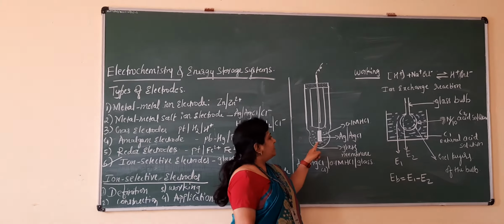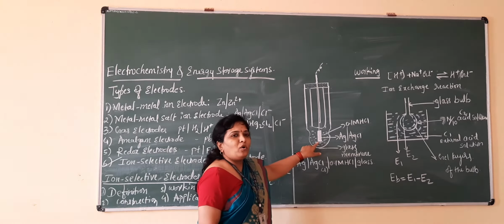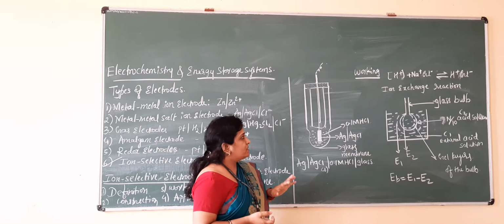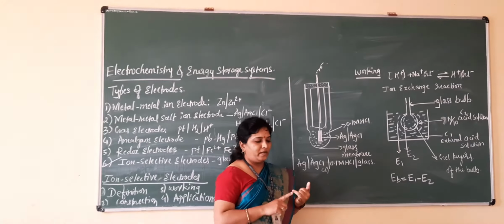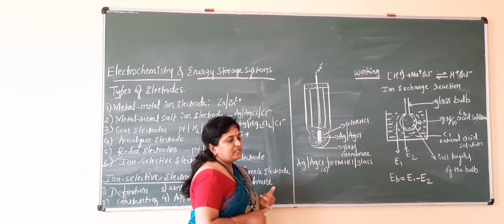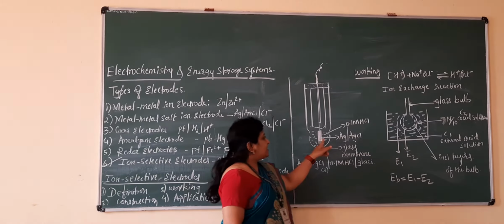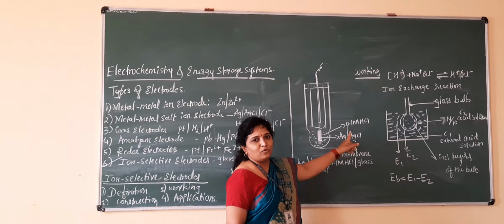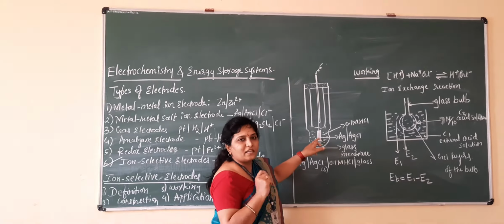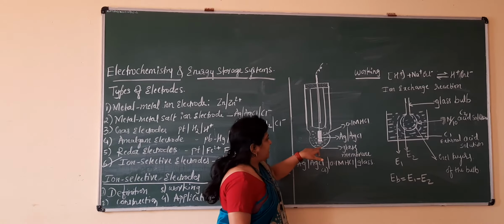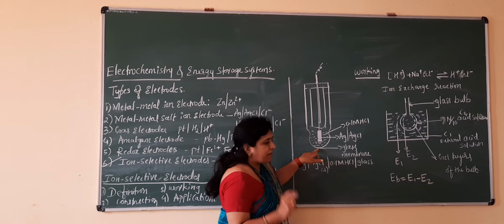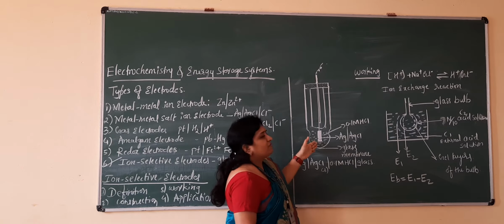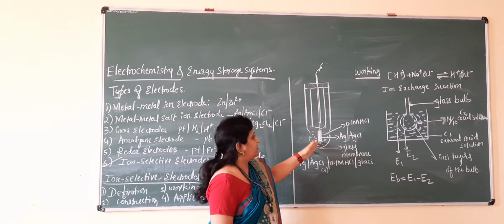Because we have already discussed what an ion selective electrode contains: mainly one reference electrode and a very thin glass membrane. So this is the reference electrode present in the glass electrode, that is the silver chloride electrode. It is present as the internal reference electrode, and the glass membrane is present here. And the central platinum wire is there for external contact, so that you can connect it.